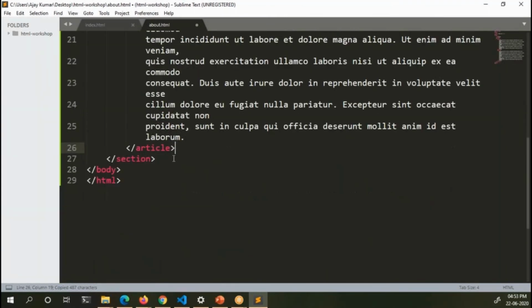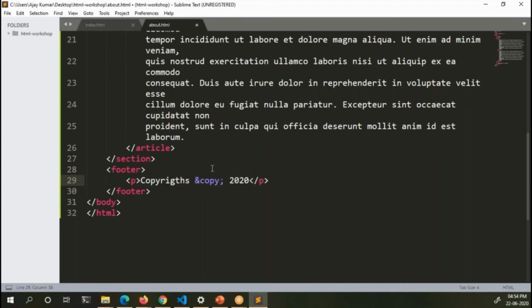So 2 articles, and after the section you can add a footer, like specifying copyrights, 2020. I'm just simply typing it inside a paragraph tag.